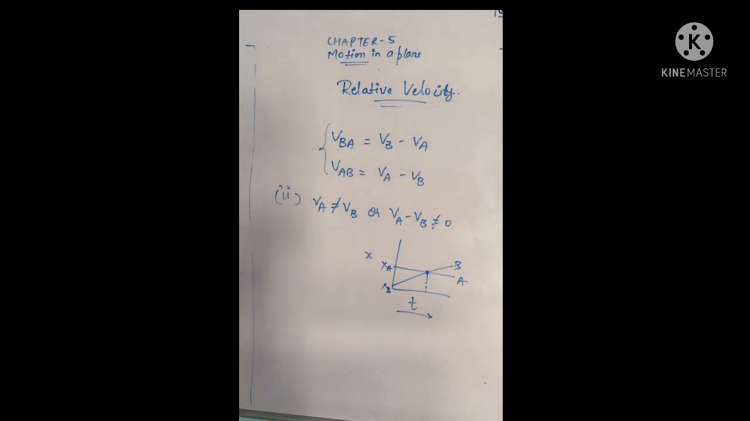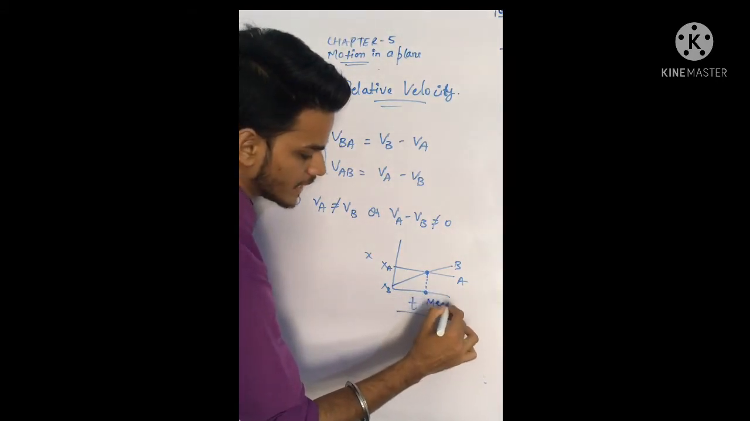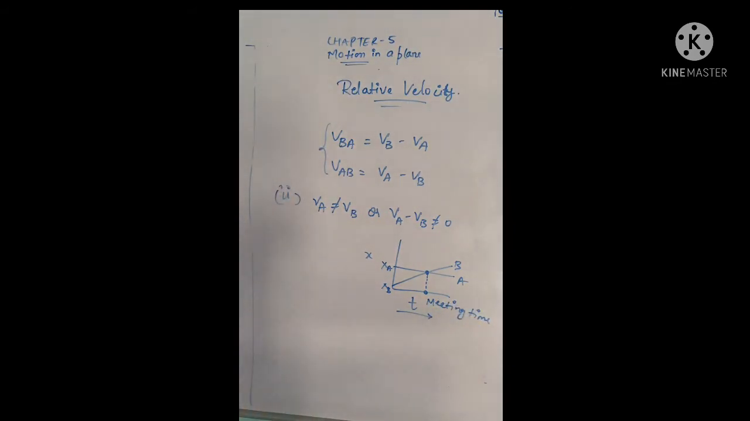Okay, they have to meet at a common point, and the time at which they meet is called the meeting time of two objects. It is called the meeting time. For this case,